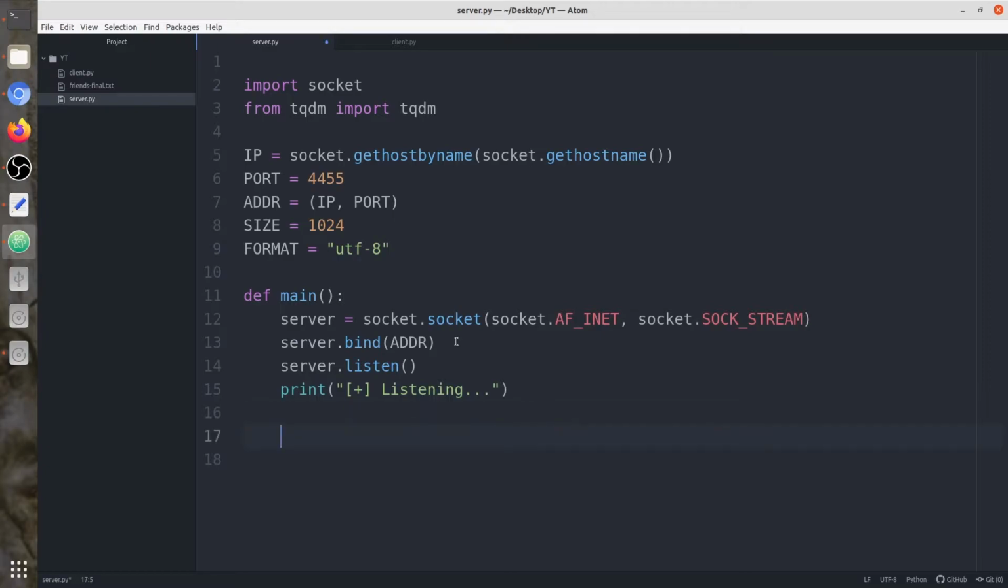Now the server is waiting for the client to connect. Let's assume the server has accepted the connection, server dot accept. So it has accepted the connection. Just print "client connected"